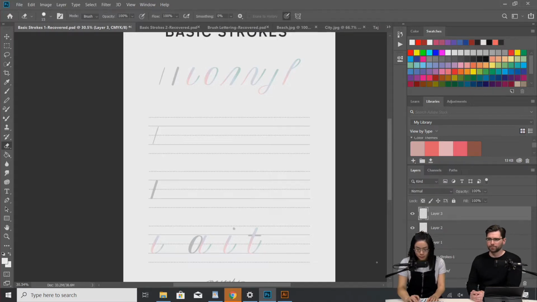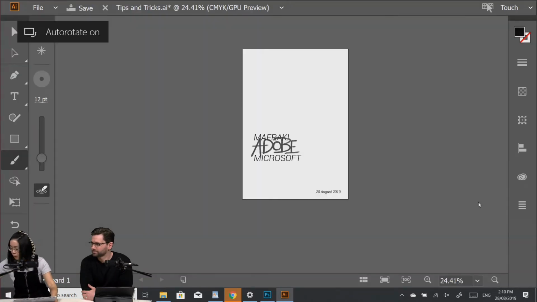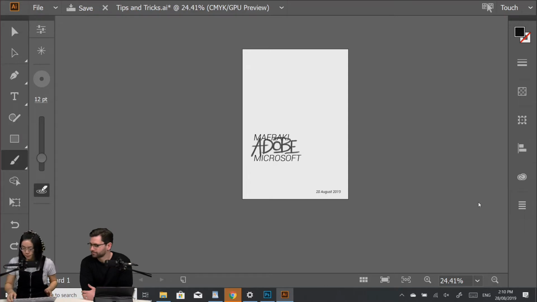So we're jumping into Photoshop. Yep. Cool. Sorry, I'm just going to remove my keyboard and then just pop. When you moved your keyboard, it jumped into Illustrator. And I don't know how to use this because everything's so zoomed in.